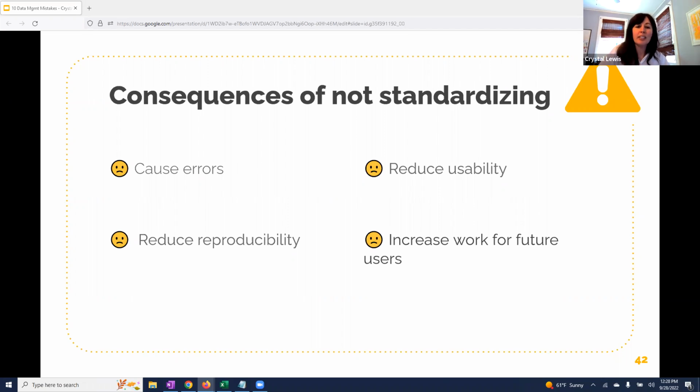And then last, if someone does decide to use our data, most likely what they will do is take a ton of time to dig into our documentation, map our variables over time, and then rename them for their own analyses, which just makes a ton of work for future users.